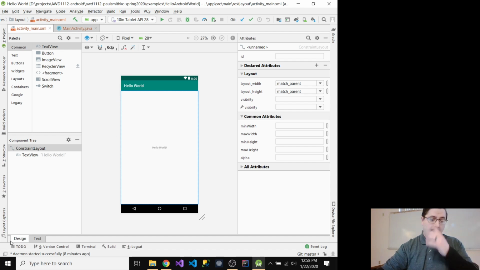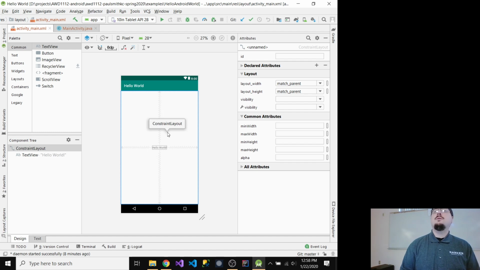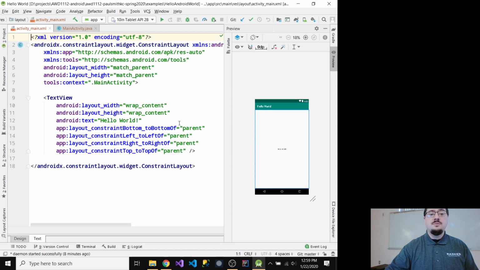Okay, so on the bottom, you'll see that there's a design tab and there's a text tab. The design is going to give us this visual layout of the UI, right? It's going to give us a preview where we can drag things around and play with it in a graphical sort of format. Now sometimes we need to get to the back end and actually mess around with the code directly, and for some things that will be faster to do in the code rather than the designer. So if you click text, you're going to see a view like this,